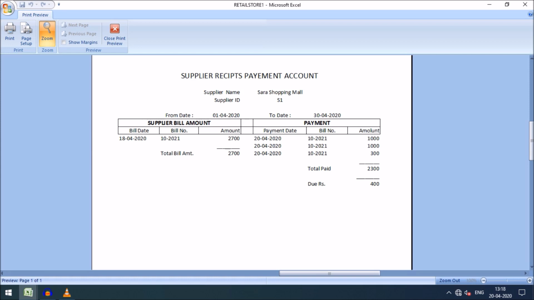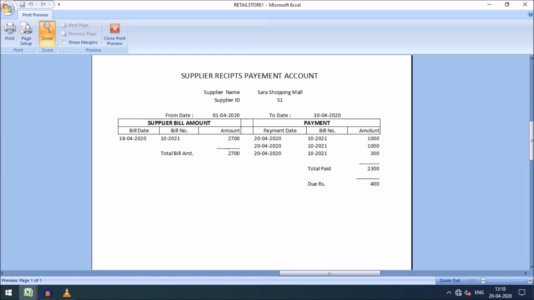The supplier name will be displayed at the top, the supplier ID will be displayed, and the from date will be 1st April 2020 and the to date is 30th April 2020.